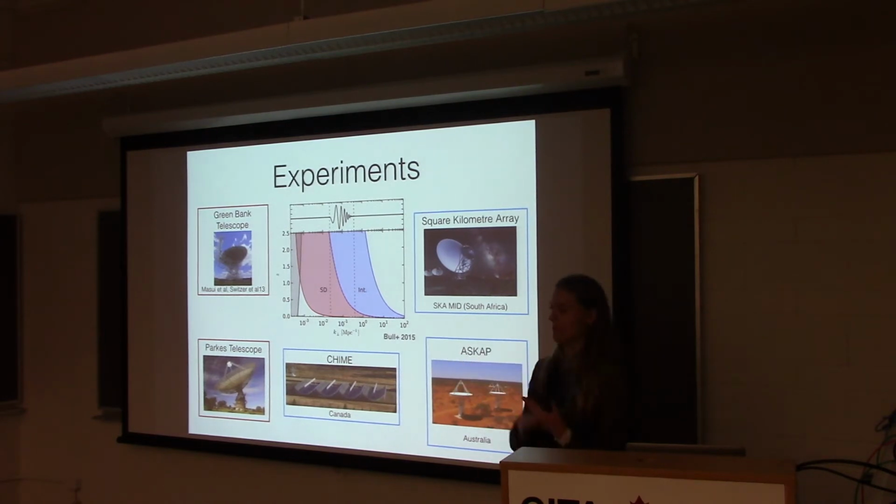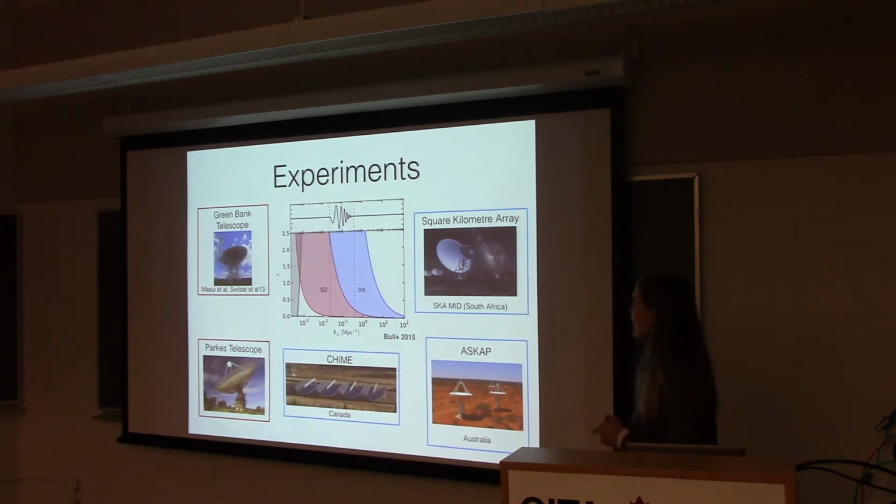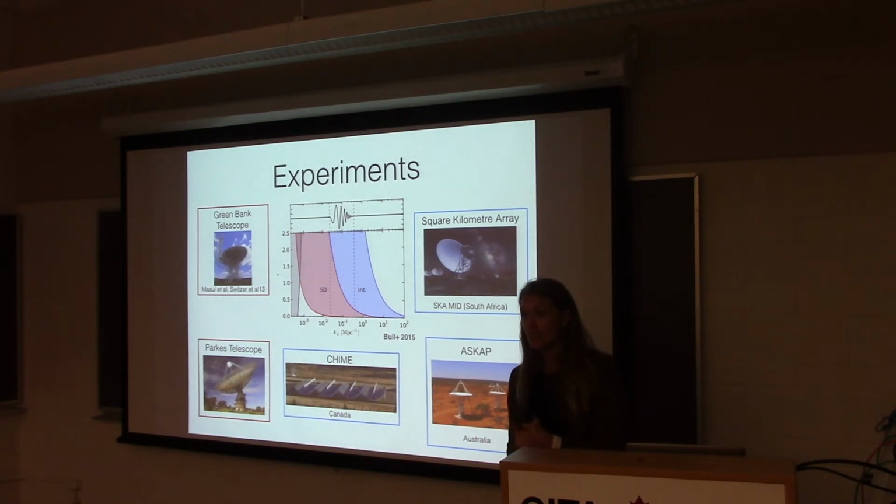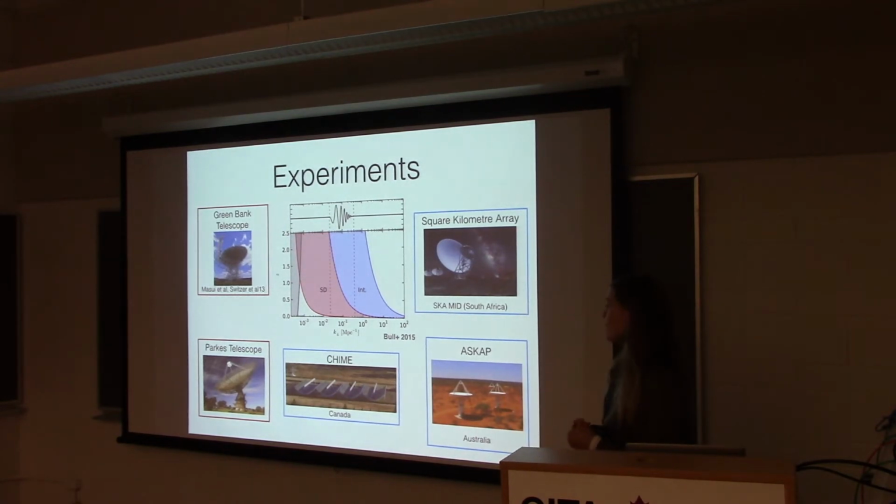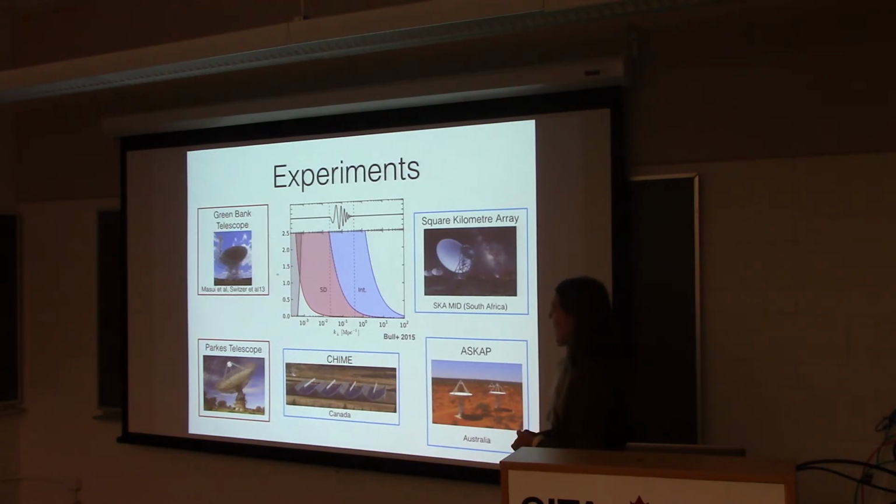Then there's CHIME, and a lot of people here are involved in CHIME. But then there are also other experiments such as ASKAP and MeerKAT, the SKA Pathfinders, that are planning and can do H1 intensity maps, and then obviously also the SKA, which is planned. Here's a nice graphic again